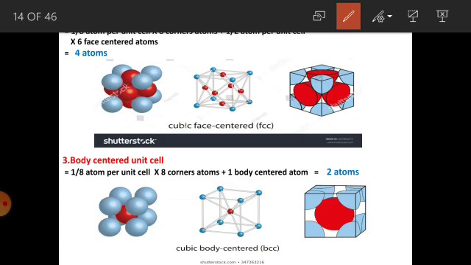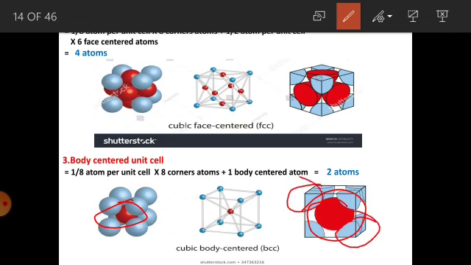The third one is body centered unit cell. In body centered unit cell, there are 8 corner particles present, and apart from those 8 particles, one particle is present at the body center. The particle present at the body center cannot be shared by other unit cells, so its contribution is complete to the unit cell, whereas a corner particle shares its 1/8 part per